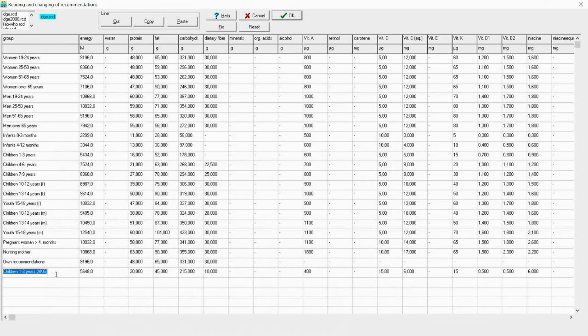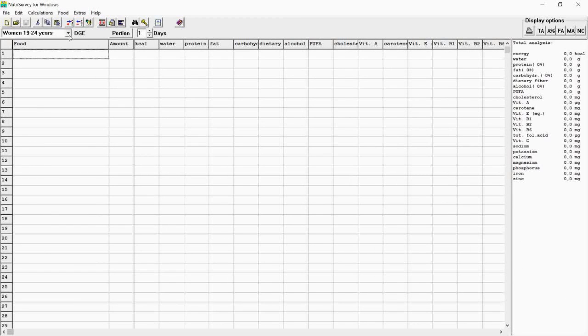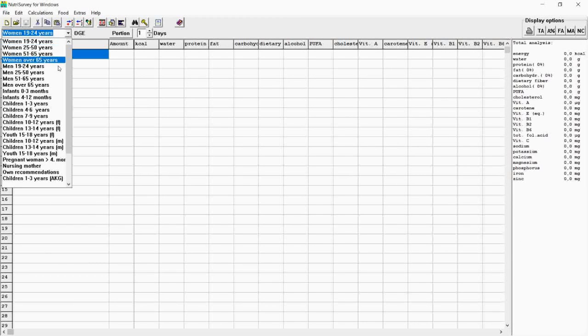Okay, after we fill in all of the nutrient requirements, this one for children age 1 to 3 years old based on AKG Indonesia, angka kecukupan gizi, for energy and the rest of the nutrients, we can click Save or OK in here, and then we can check in here. It should appear, yes, the new RDI that we can use.